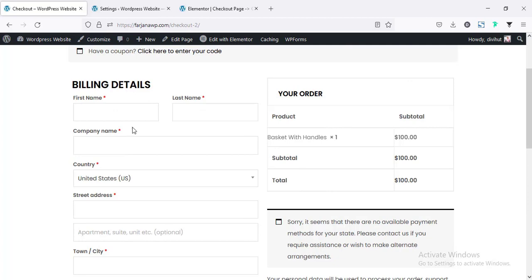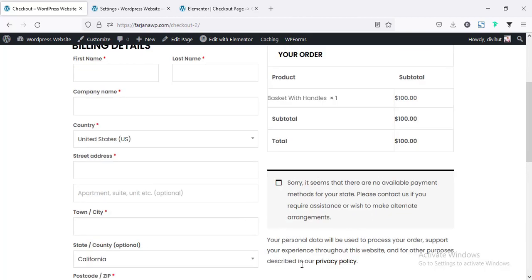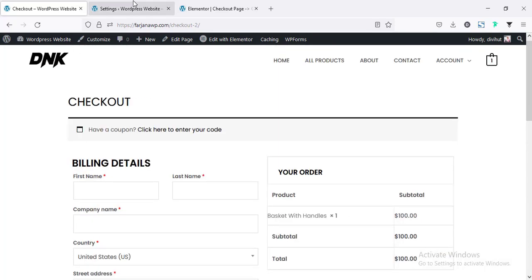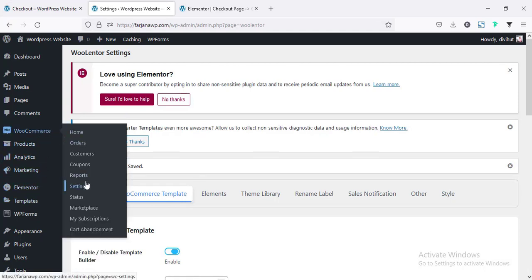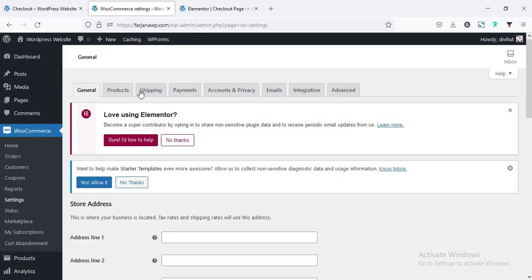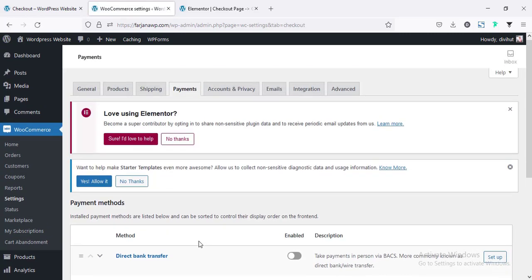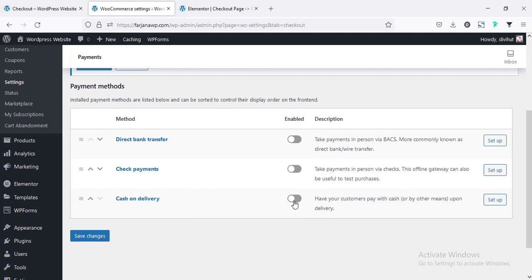Alright, so after completing the form, here is the final step, purchase order. And before that, we need to set some payment gateway. So now I'm going to add some payment system. For that I'm going again to the dashboard, going to WooCommerce and settings, and then here are the payments. By default it shows direct bank transfer, check payments and cash on delivery. I'm enabling the cash on delivery option,